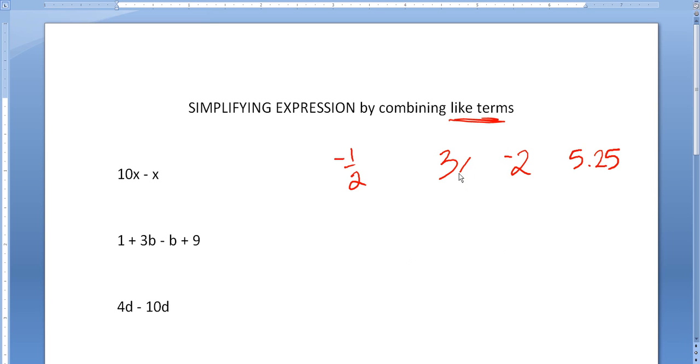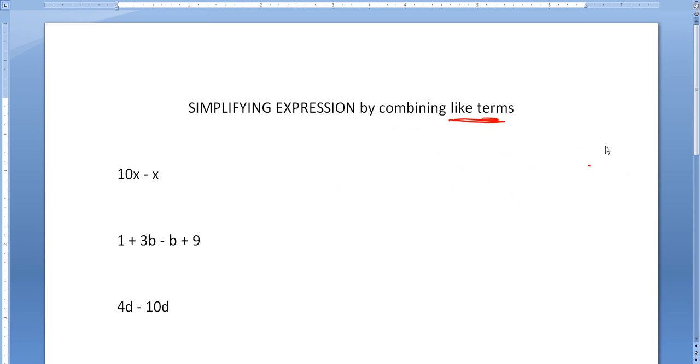However, if I turn this into a 3x, negative 2 is not a like term with 3x. This one has an x with it, this one does not. They are not like terms. 5.25 is not a like term with 3x. Negative 1/2 is not a like term with 3x. 3x can only be a like term with something else that has an x to the first power in it. Negative 1/2 x and 3x are like terms. So now that I have